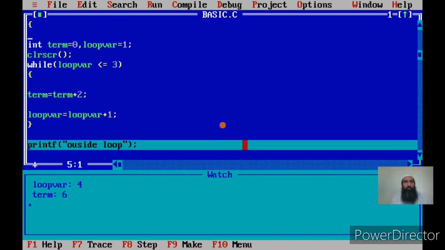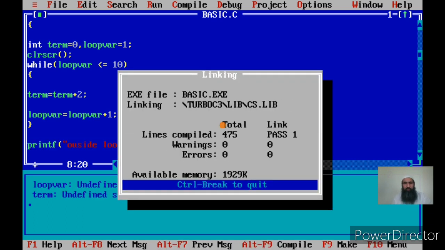Now if you want to execute the same loop 10 times, you have to simply change this condition and write here 10, because the loop variable will be incremented one by one and the condition will be true for 10 cases. That is when loop variable is 1, when loop variable is 2, when loop variable is 3. When loop variable is 1, the loop body is executed. Executing the body of the loop once is called a pass of a loop. So how many passes are in this loop? Right now, if I make this 10, I'll have 10 passes. I'll say modified because I've changed it.